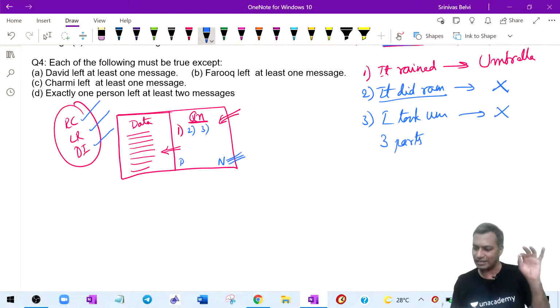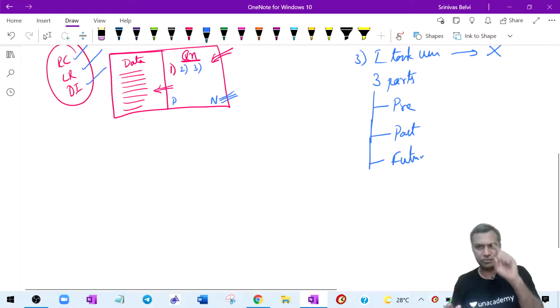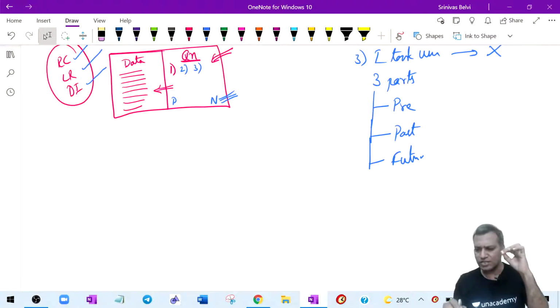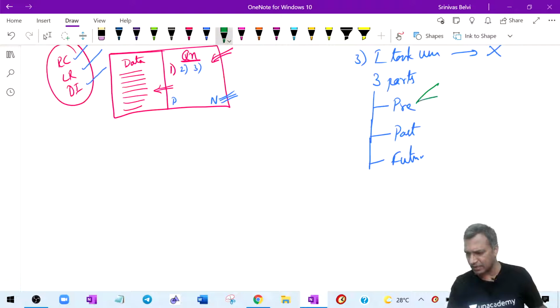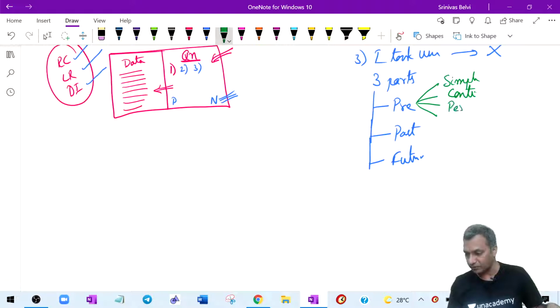Correct. Primarily, there are three: the present tense, the past tense, and the future tense. On the face of it, you all understand that there are three. But how much time did you take to understand the 12 tenses? In the present tense, again, there is a simple present tense, and a present continuous tense. Then you will say present perfect, then present perfect continuous.